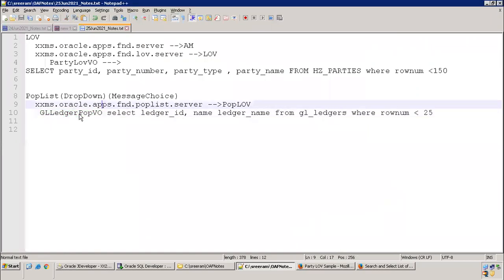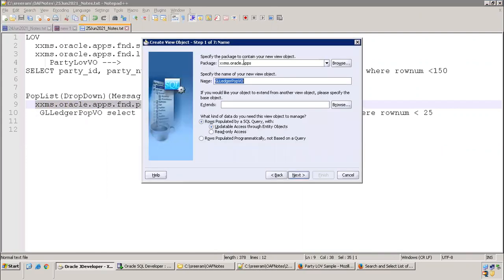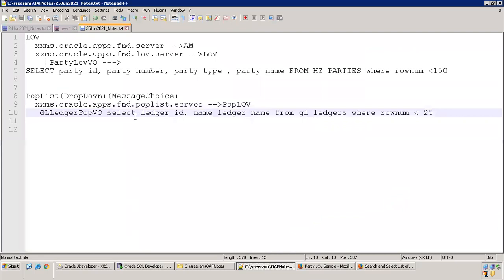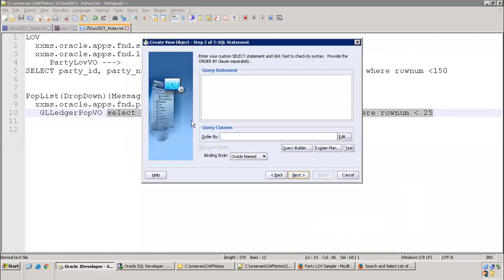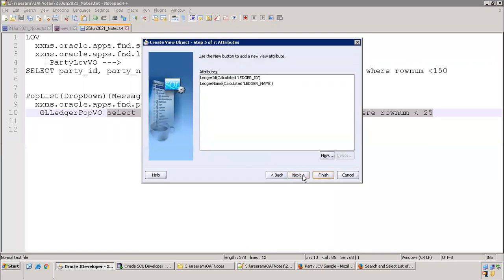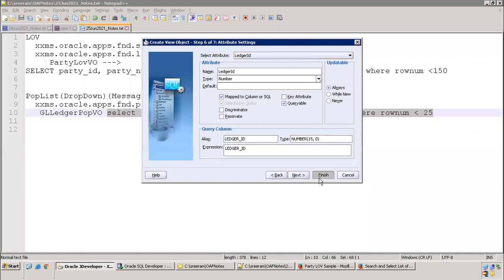Yes, this one is poplist. Now it's read-only access. Next one is the query. This is the query. Next, nothing to change. Simply click on next and finish.